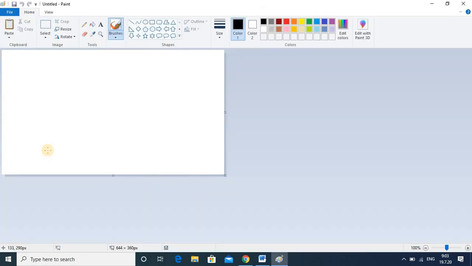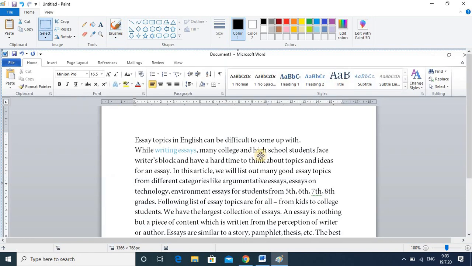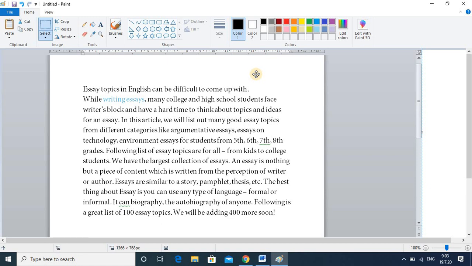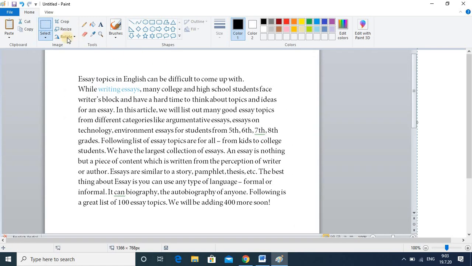Once you open Paint, you have to paste. For that I am pressing Ctrl V. Okay, you can select the paste option, and once you do that, you have to select the select option.